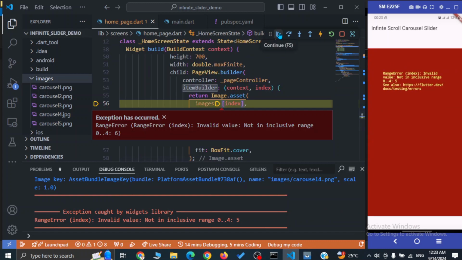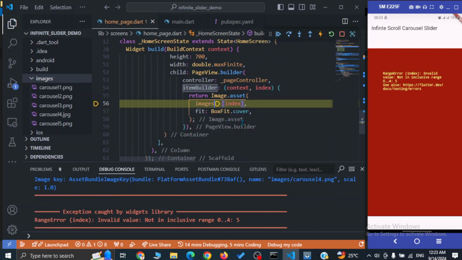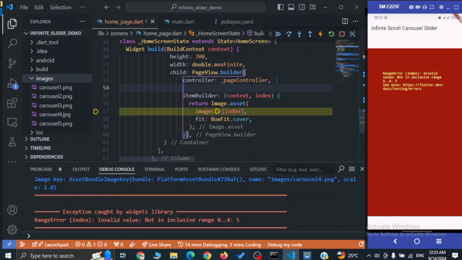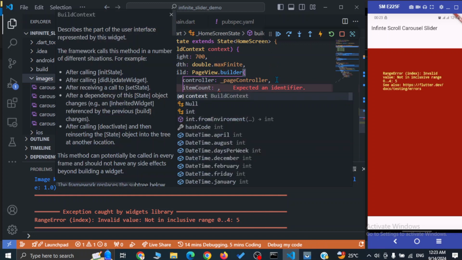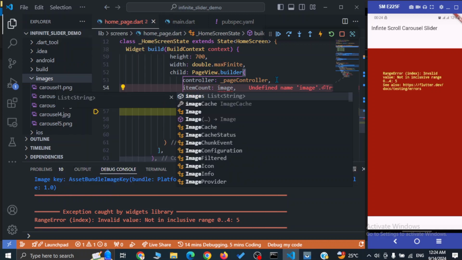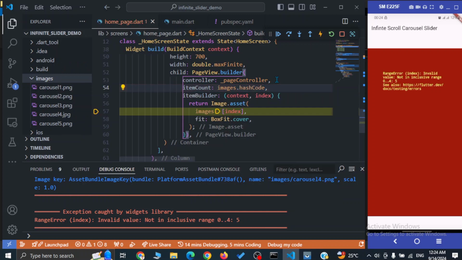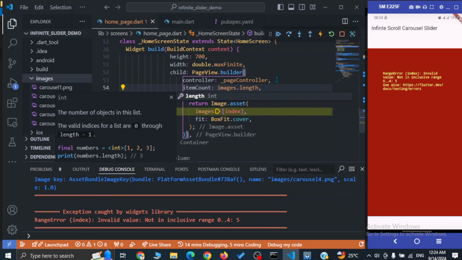Okay, now we have started getting the error. So let's provide the value of item count in this PageView.builder. Okay, and the value of this item count is going to be arbitrarily large. Like we can calculate it by multiplying the number of images by 1000. Like images.length, not as code, times